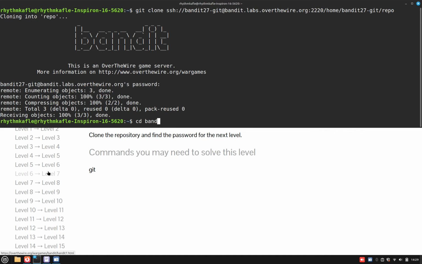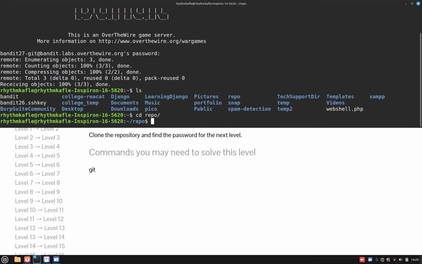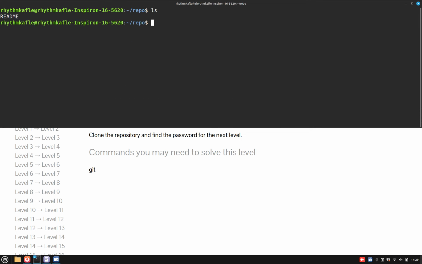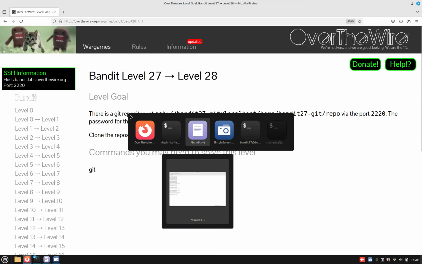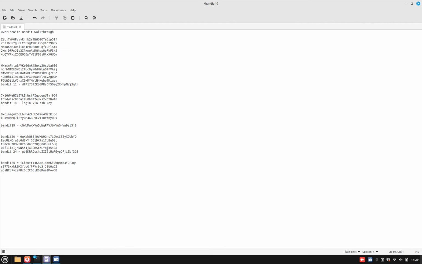So we should have a bandit27-git. What do we have? What did we clone? Cloning into repo. Okay, so we have a repo, and in here we have a README, and that is the password. Alright, we're going to complete this, and we're going to save this as bandit 28 equal to this,